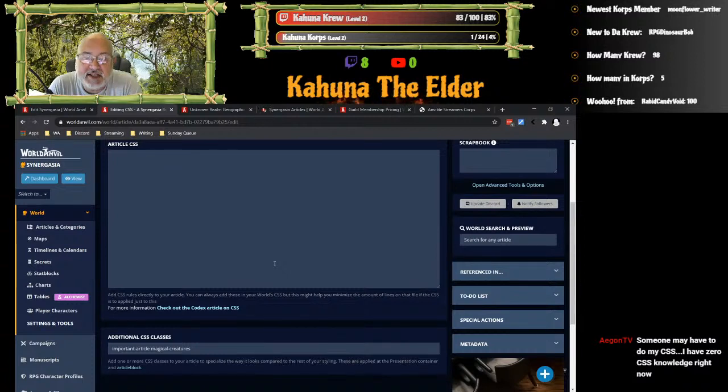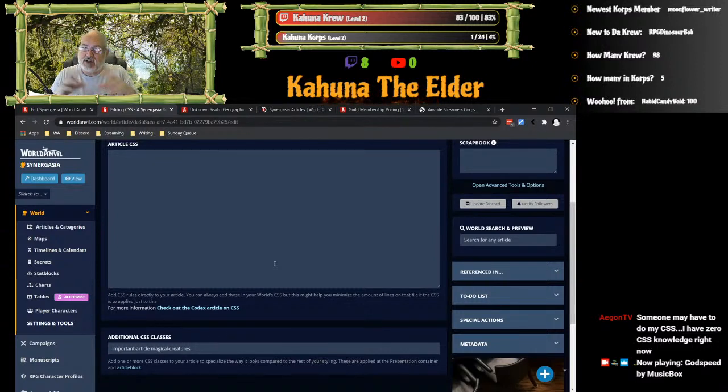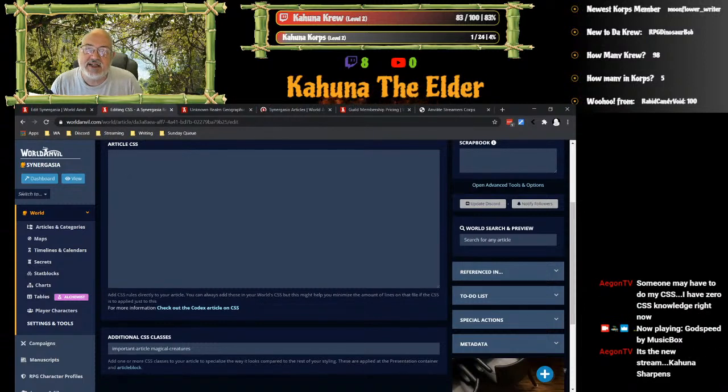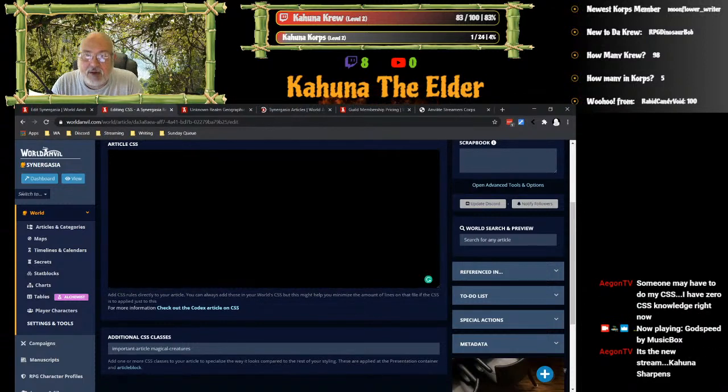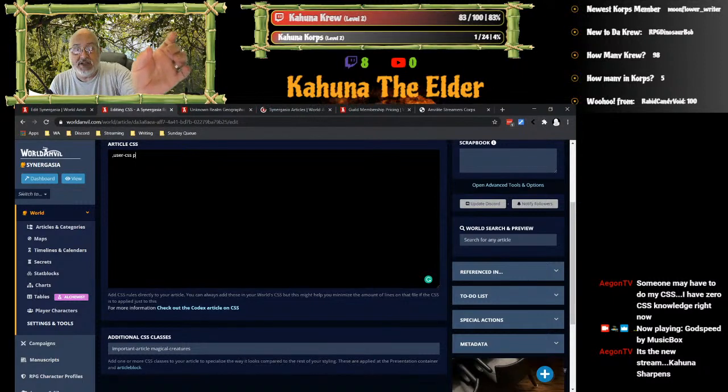So you'll put the CSS into this article CSS. The next thing you'll do is, and this is where it's specific to Synergasia, normally, for example, your CSS would have something like, let's say I want to change what paragraph tags are. Paragraphs are P. So normally I would say user.css, that tells it that's the section I want to work in. And then I would put a space and P. This tells it now anything under the user CSS tag, which is pretty much the entire page.